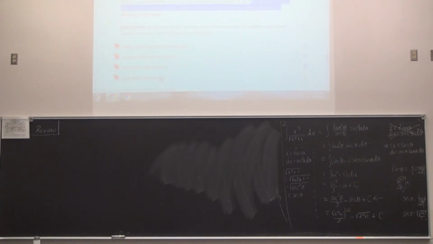Okay, we got to writing down the triangle down here using the fact that tangent theta was x. We'll promote it to a fraction to call it x over 1, which is the opposite over the adjacent, and that's what produces secant theta, which is the hypotenuse divided by the adjacent side, and that finally gave us the right quantity down here. And that's a quantity that I would believe if I took its derivative and carefully simplified it down algebraically, we should get x cubed divided by the square root of x squared plus 1. And that'd be a great thing to check on the real final exam, except that that does take some time. So I would probably answer all the questions first, then do the checks as time permits.